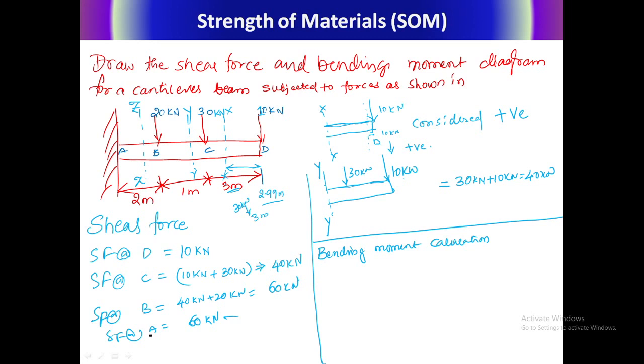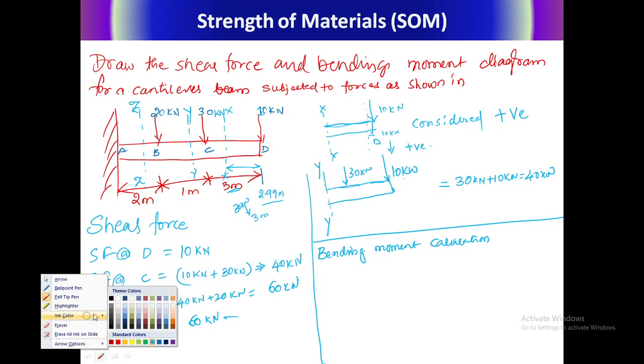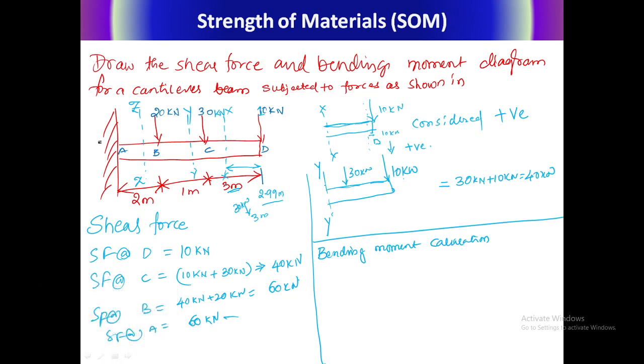Now, the moment which is going to occur because of this point load on this cantilever is of hogging nature, okay. So this beam is going to bend in this way, right? This beam is going to bend in this way. That means this is going to cause hogging bending moment, right? Now let us consider at C. Bending moment at D is 0 because if you go for writing the equation,